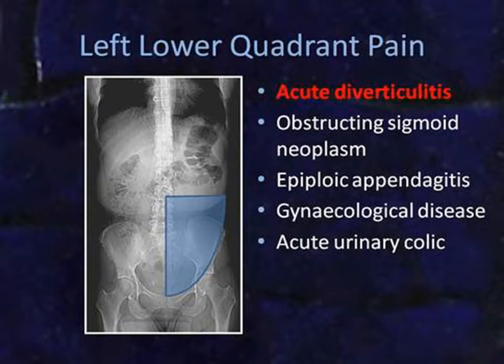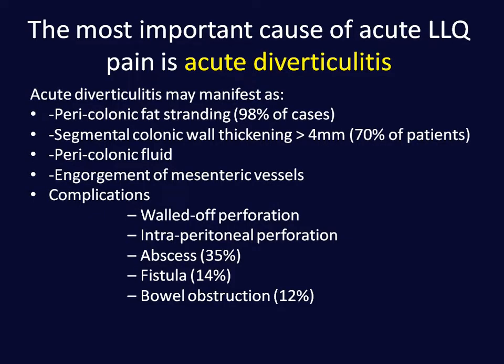Cause of left lower quadrant pain, the most common cause is acute diverticulitis. Other causes include obstructing sigmoid neoplasm, epiploic appendicitis, gynecological diseases, and acute urinary colic. The most important cause of acute lower quadrant pain is acute diverticulitis, which manifests as pericolic fat stranding in 98%